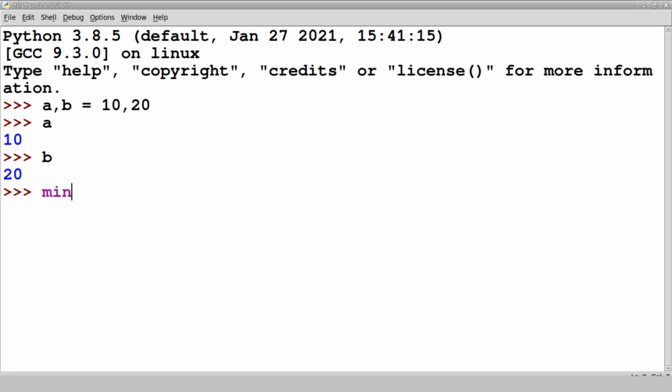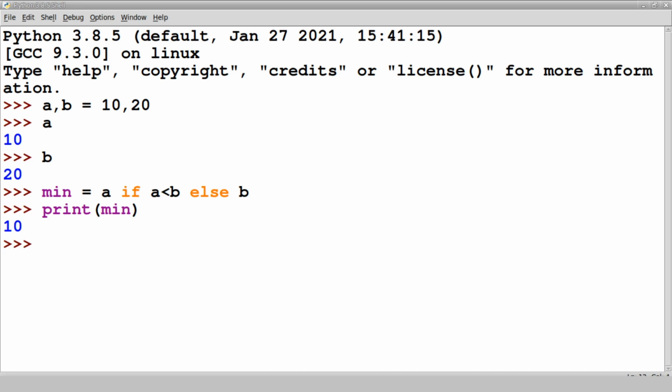Let's say minimum equals a if a is less than b, and if it is false, then else the value will be b. If we check the value of this expression, 10 will be there. So this is the simple way we can use the ternary operator.